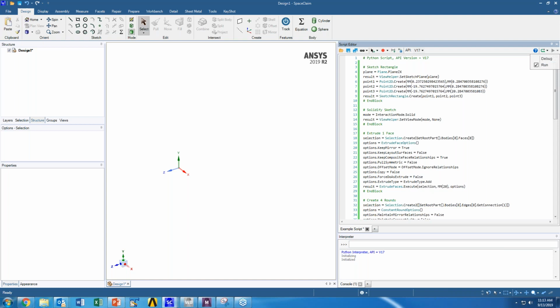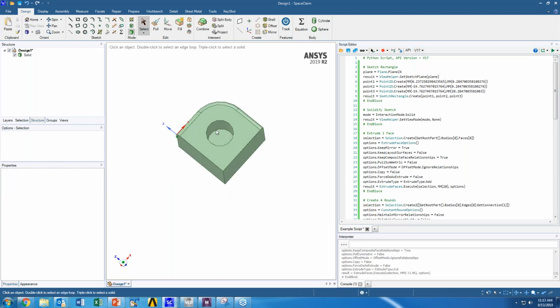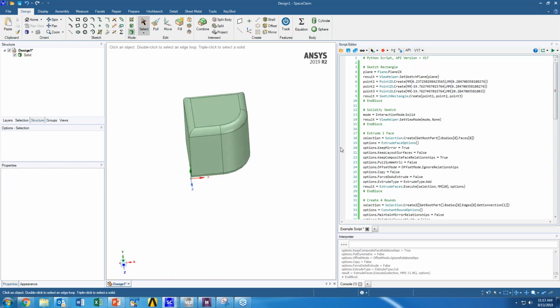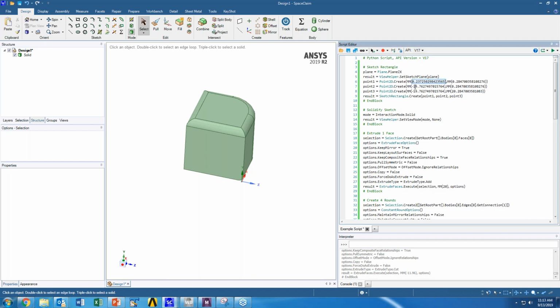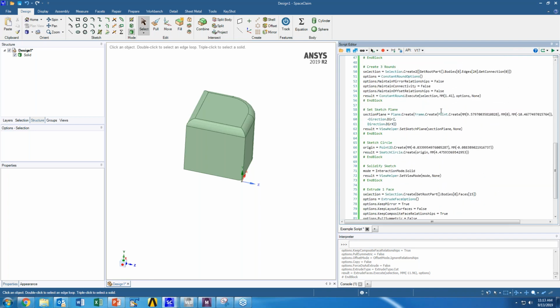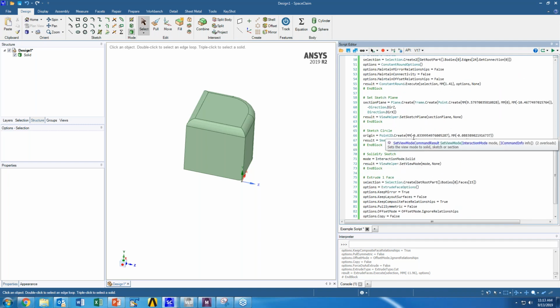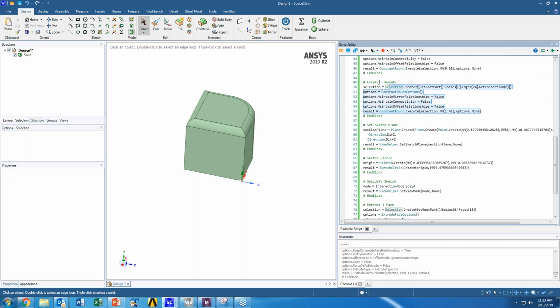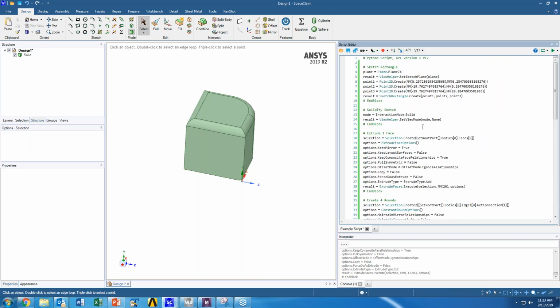But all I need to do is hit run, and now I have my geometry back. Right, but what you can see here, and this is the benefit of having the code available to you, is every little dimension that went into creating this geometry, whether it be the square that was extruded or later on the rounds. These are all exposed. This round was 1.41 millimeters. If I wanted to modify that, I could. If I wanted to modify the overall dimensions of the original square, I could do that as well.